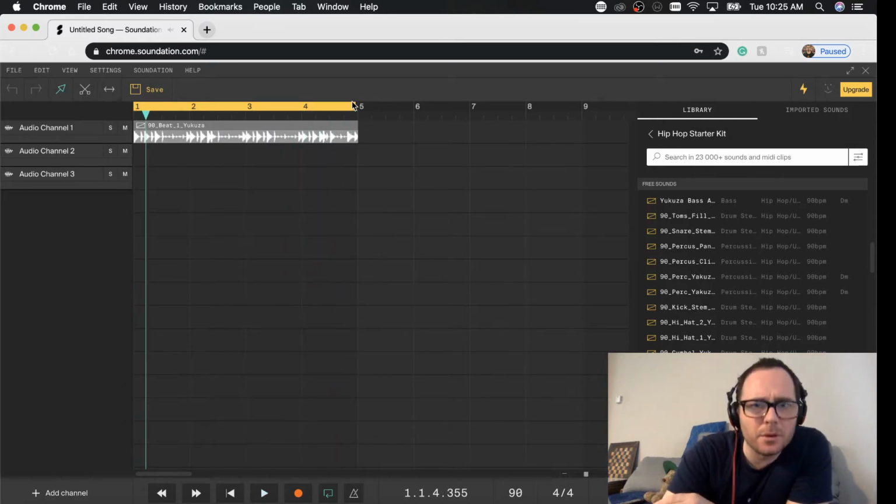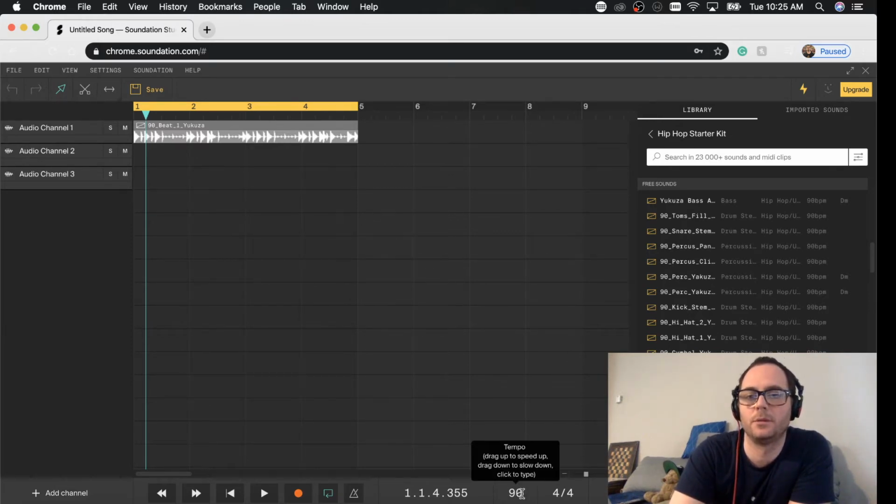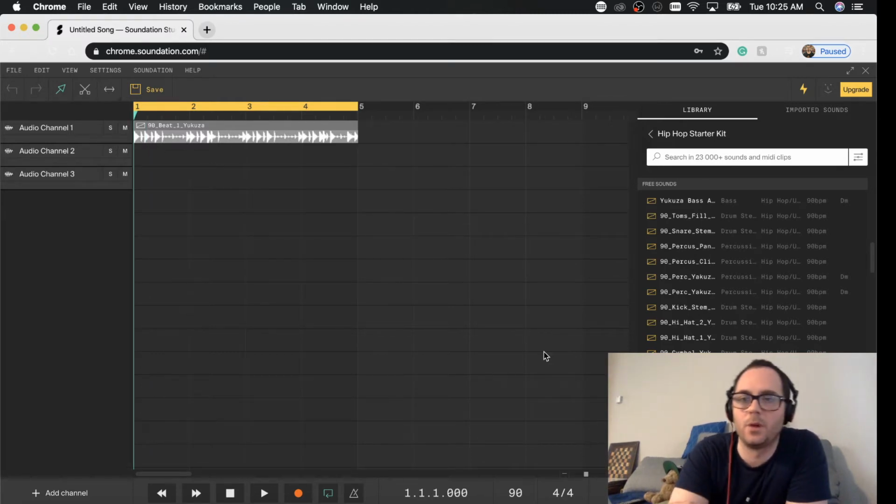Okay, and now, see this? So that little glitch you heard at the end there, I'm just going to drag the end of this yellow bar all the way to the 5. What happened is our tempo started out at a different one, it was at 96, I think, when I brought in the sample. And it changed the tempo of the song to match the sample. It usually asks you that, but because it was the first sample I brought in,